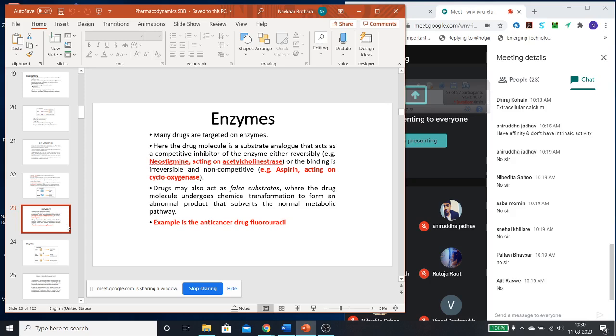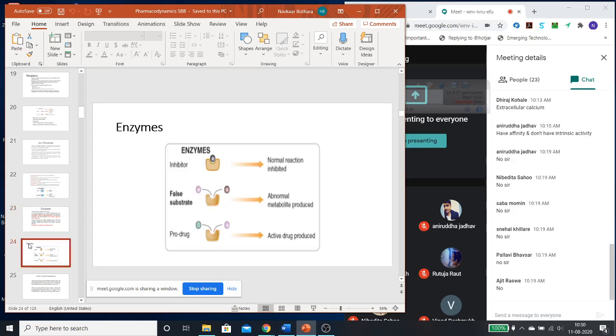I hope you understood the word inhibition here. Here inhibition means the action is not blocked. I repeat, here it means that the action which was supposed to do the changes is not happening. The car is going, but the person who should have sat into it is not sitting and somebody else is sitting. Okay. So this is how the enzymes are working, or false substrate are there. So this describes enzymes or enzyme inhibitors.